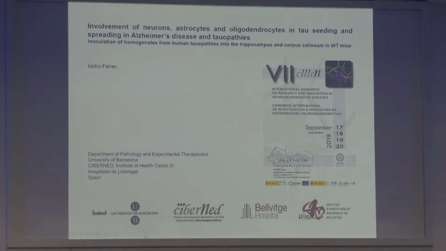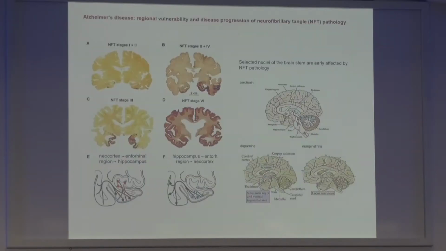Well, the topic is the involvement of neurons, astrocytes and oligodendrocytes in seeding and spreading in neurodegenerative diseases. You see that the main aspects of neurodegenerative diseases are indicated by the presence of some abnormal deposition of proteins in nervous cells, glial cells, and other structures in the brain, and are characterized by certain regional and cellular vulnerability, and also by the progression of the disease, as exemplified here by the different stages of tau